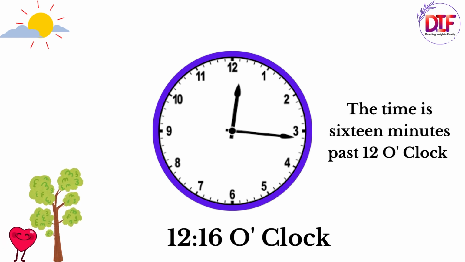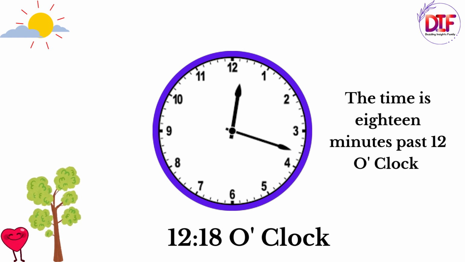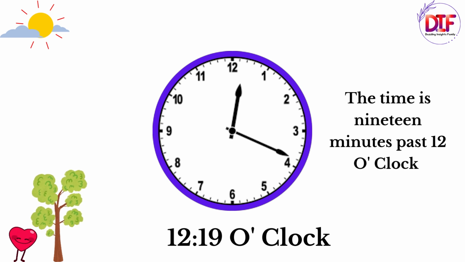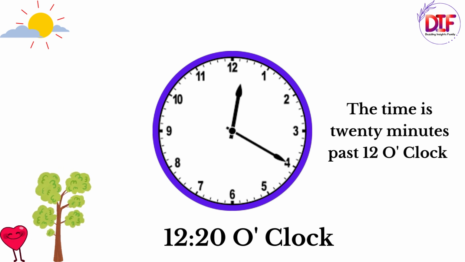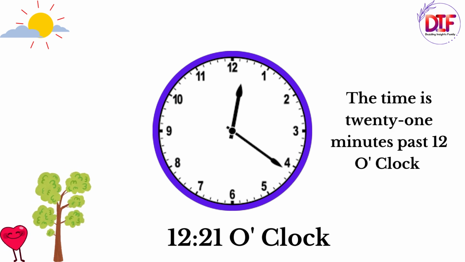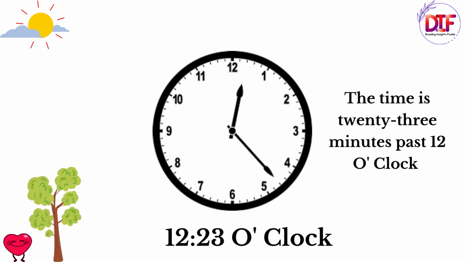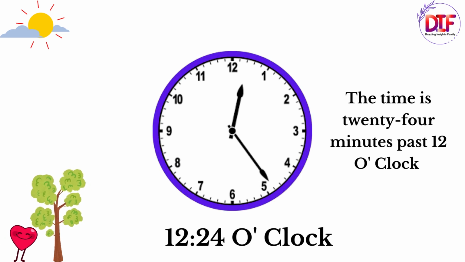16 minutes past 12, which is the next number after 15, 17 minutes past 12, 18 minutes past 12, 19 minutes past 12, and then 20 minutes past 12. Remember our clock, the definition, then you will know that when it is on number 4, it is 20 minutes past. So let's continue. 21 minutes past 12, 22 minutes past 12, 23 minutes past 12, 24 minutes past 12,